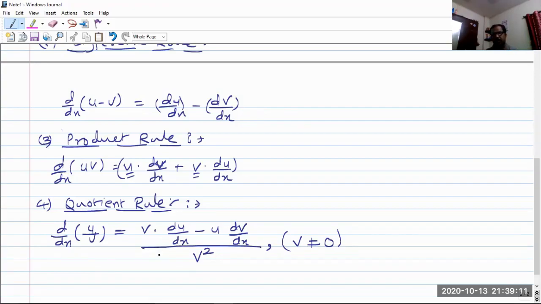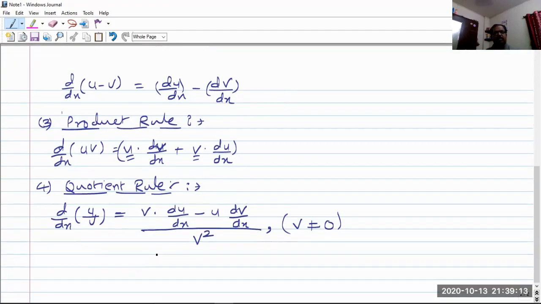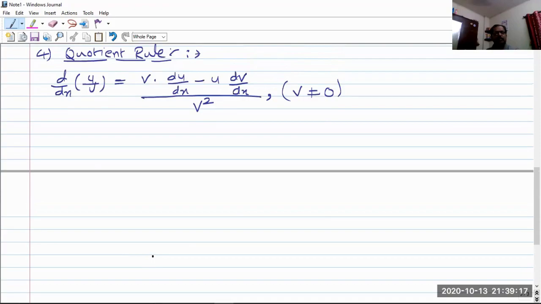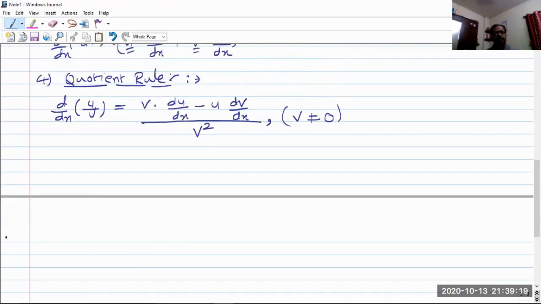So student, these are the 4 important rules of differentiation of two or more than two functions. Okay, we have one more, the fifth one. It's a very easy one. It is just the derivative of a scalar multiplication of a function. We call it the rule of scalar multiplication. What is it? Let's see. What do you mean by scalar? Scalar is simply a number, a quantity, right?